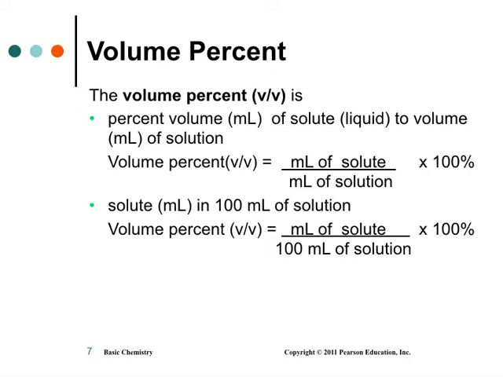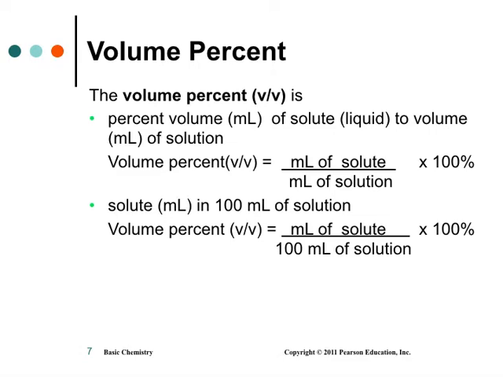You would find out the volume of the solute divided by the volume of the whole solution. So instead of M over M, we now have V over V, volume over volume. In the lab, we don't usually deal with large amounts. Milliliters are very small amounts that you use in the lab. So you have milliliters of solute divided by milliliters of solution.